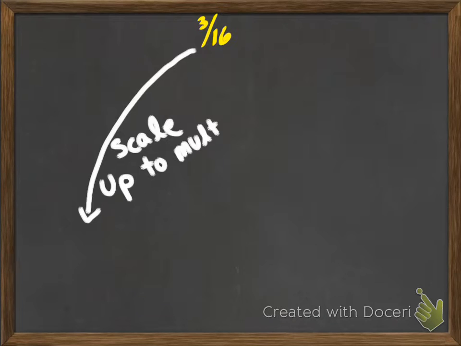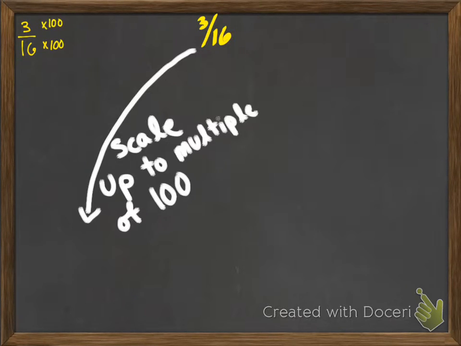So what you're going to do, I know percent means over 100, for every 100. So my denominator is going to have to be 100. So what I'm going to do is scale up my current denominator of 16 up to a multiple of 100. The reason I want to do this is because if it's a multiple of 100, then I can scale it down to exactly 100. So what do I mean by this? If I take 3 over 16 and I scale it up to a multiple of 100, so 16 times 100, I get 300 over